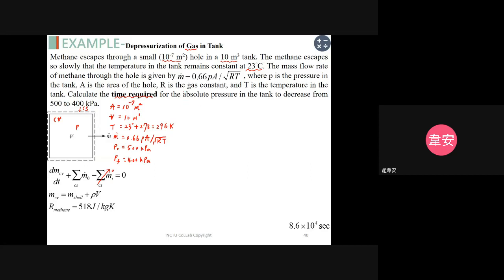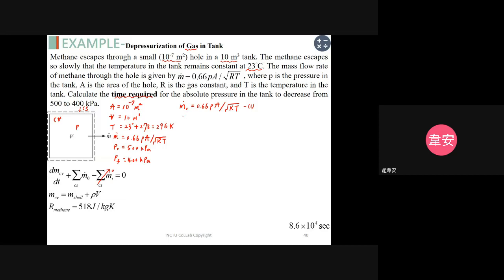So outflow is equal to 0.66 times pressure times area divided by the root of the gas constant multiplied by absolute temperature. So this is our equation 1,